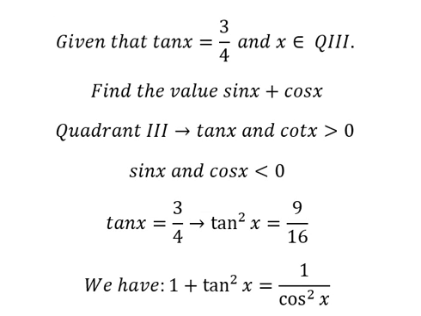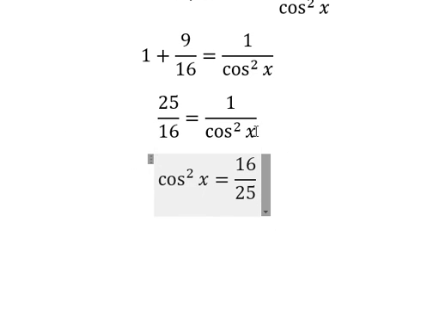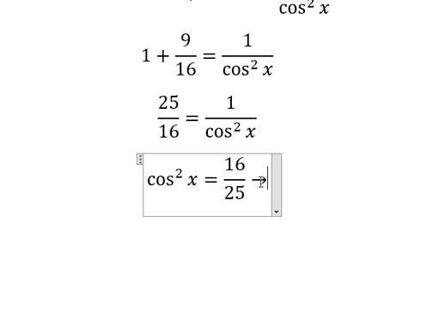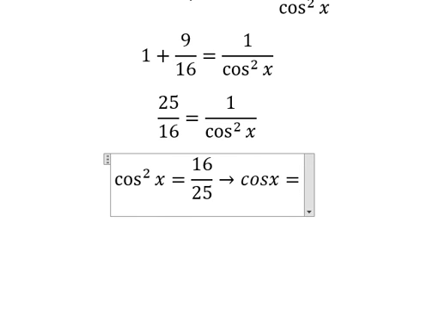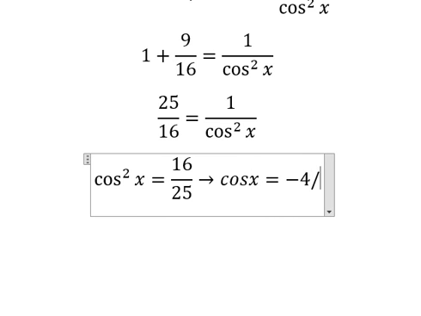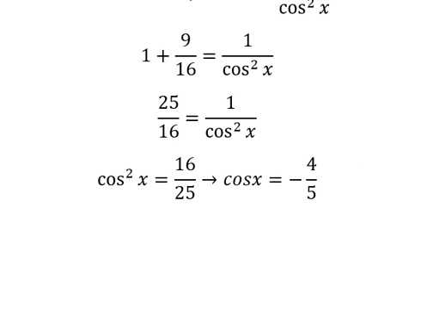We know that cosine x is negative, so when we take the square root of both sides, we have cosine x equals negative 4 over 5. The next one,